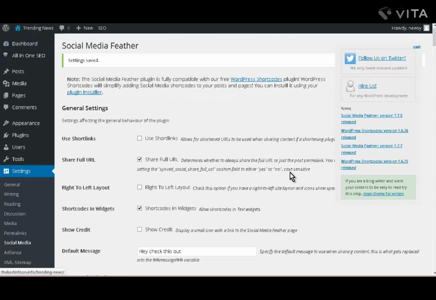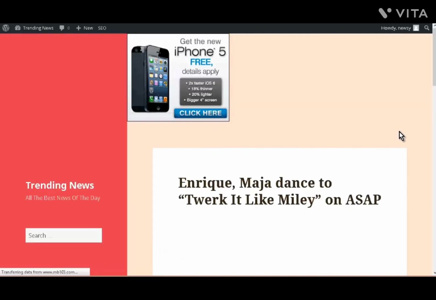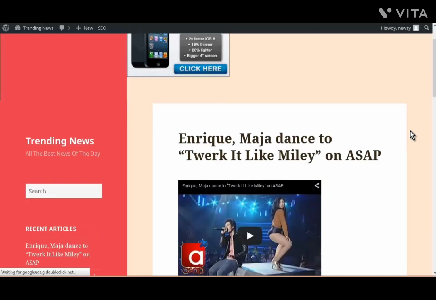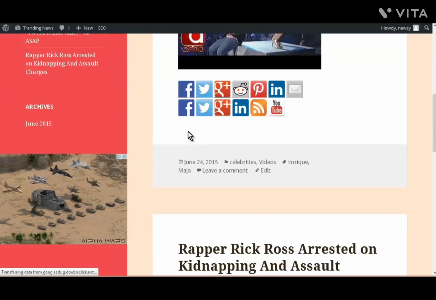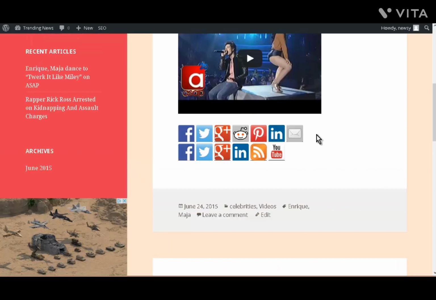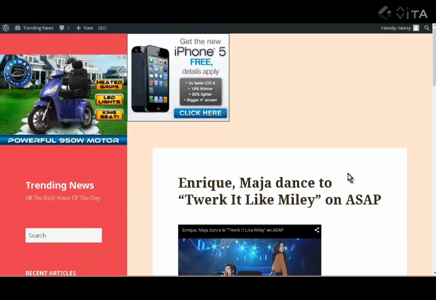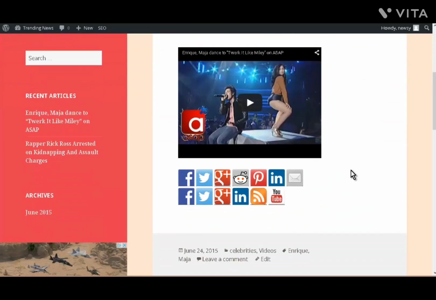All right, let's go have a look at our site now. I haven't really set this up properly, but we should be able to see it showing up here. Okay, so here they are. Okay, and part of the markup in there is for sharing and for following. So this is share, and this is find us or follow us. Okay, so you can set the markup on there as is needed. But these are important because once we get traffic on here, it's important that we get the people to follow us